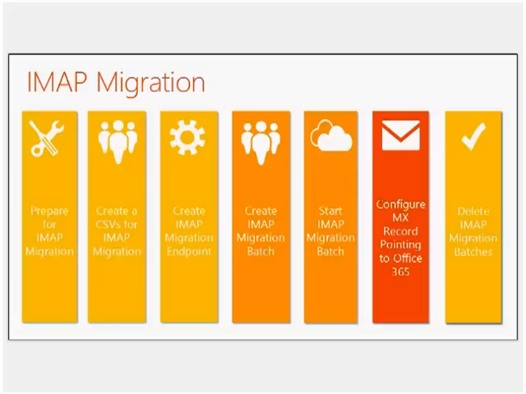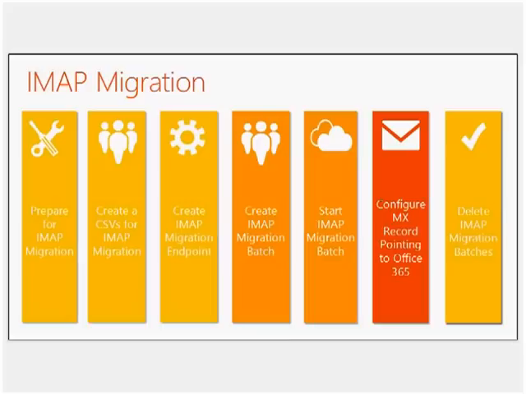When that batch is rolling, that's when you configure the MX record pointing to Office 365. So IMAP migrations coming from other technology, coming from other services, they don't have a coexistence type of model. Coexistence requires some sort of Exchange server, 2003, 2007, 2010, 2013, whether you're doing coexistence rich or simple. But IMAP is you are pulling those mailboxes, and then you're switching that MX record when those things are moving